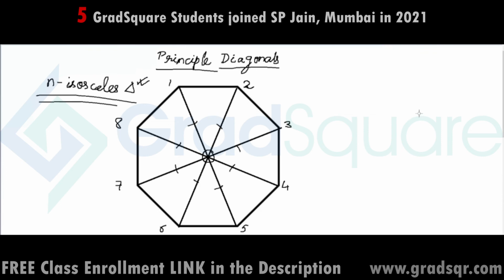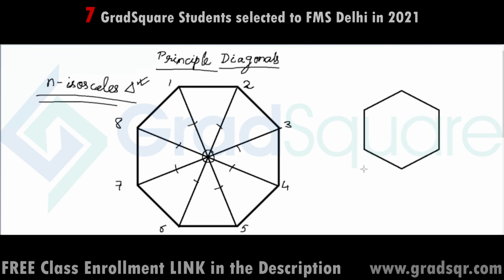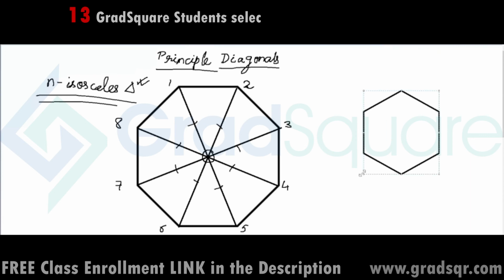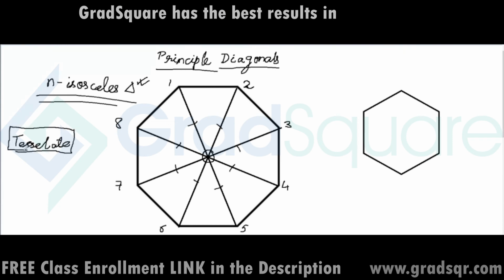That special case happens to be the polygon which is most prevalent in our geometry questions, and also most prevalent in nature, which is a regular hexagon. So why is the regular hexagon so special? Because, I don't know whether you have heard of this term or not, there are only 3 regular polygons which can tessellate. Tessellate means which can cover an entire plane